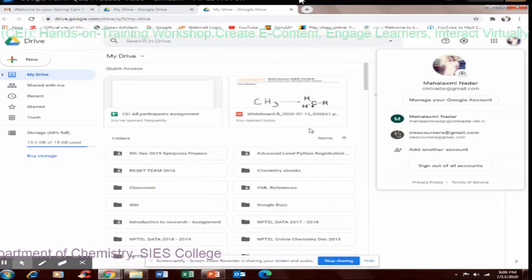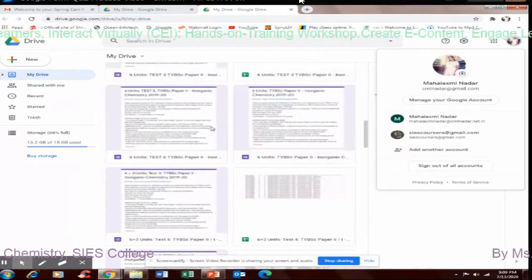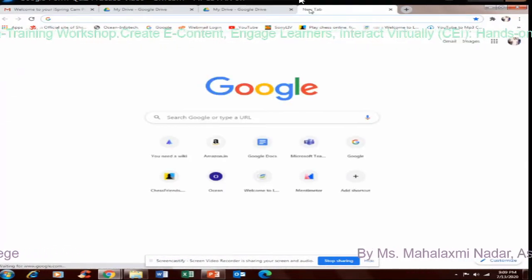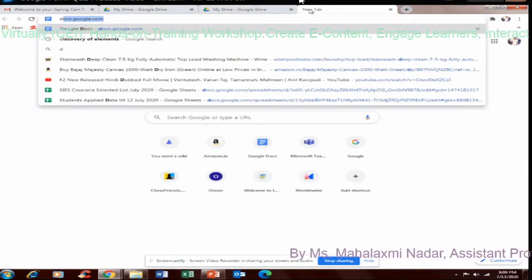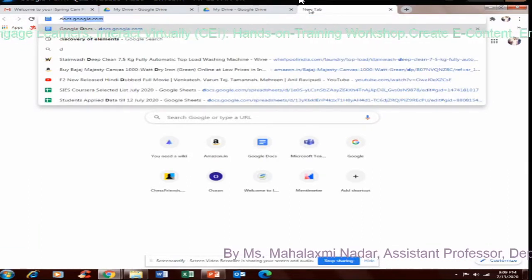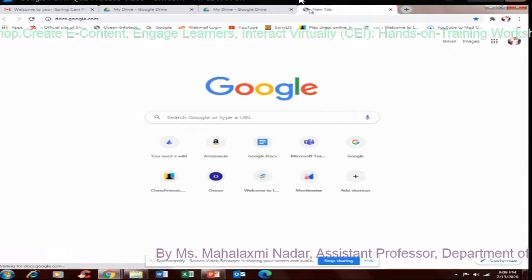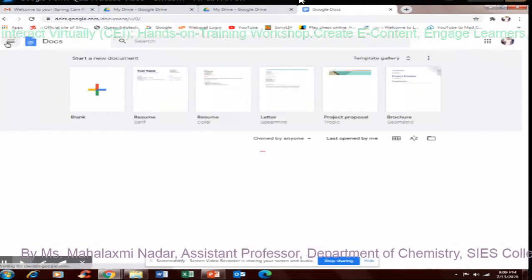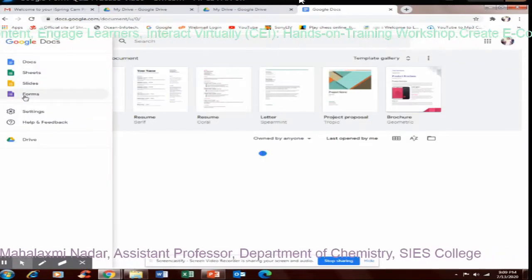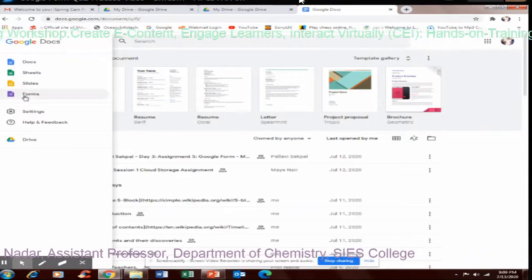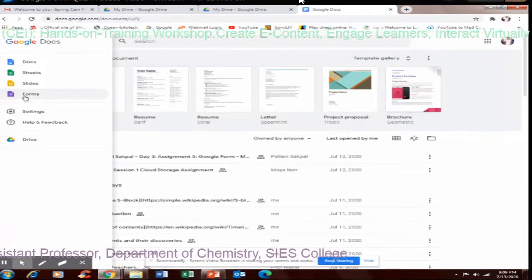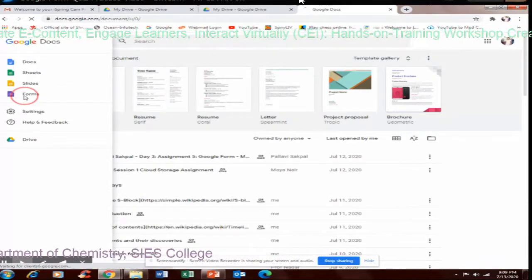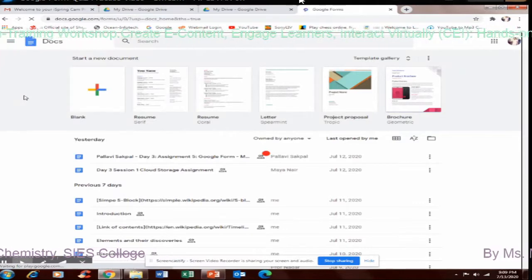From Google Drive, you can go to your previously done form. I'll just show you with a quiz type form. First, let us type in the address bar docs.google.com. Again, just a revision: go to Forms here, create a blank form. Now we'll see the settings, how to create a quiz form, and we'll see some advanced features also.